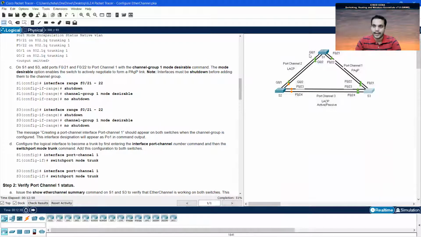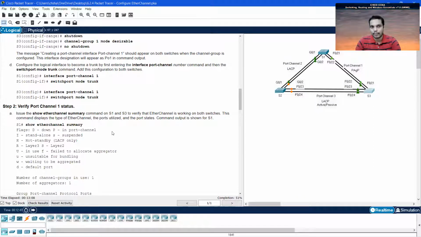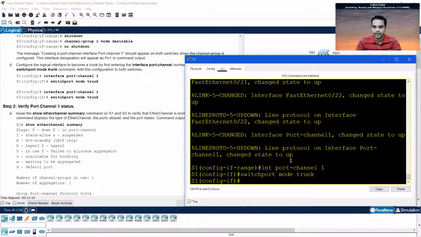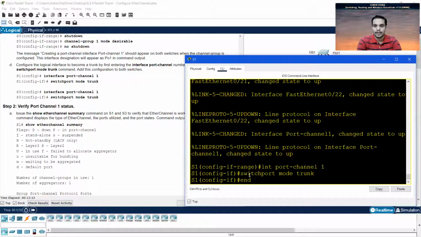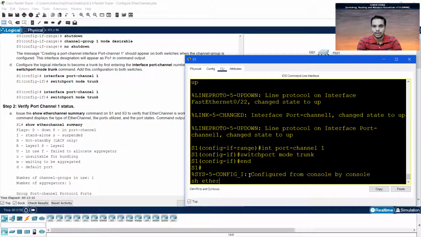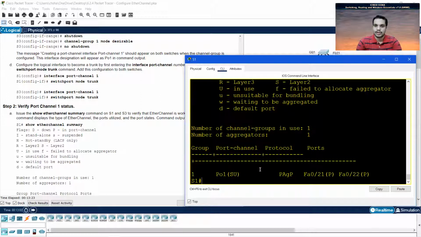Now we have created port channel interface 1 by using the channel-group 1 mode desirable command. I set the mode to desirable so that they both will create a PAgP channel, and after that I need to assign the switchport mode trunk command to this interface. So this is done. Now, to check whether you have done it properly or not, I need to verify the configuration. On S1, I need to type in show. You can use any of the show commands to get the necessary information, but this is the best because it gives you a summary of the EtherChannel configuration. So show etherchannel summary. That's what I typed in.